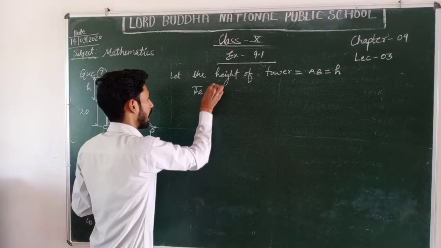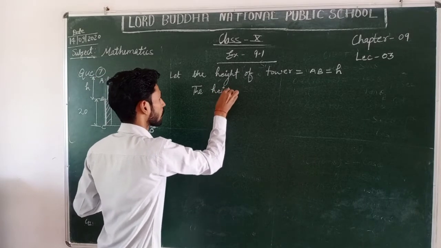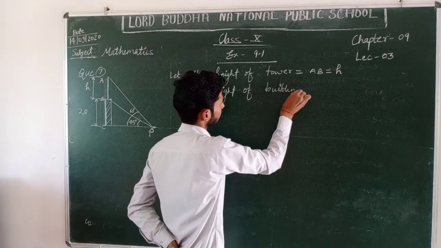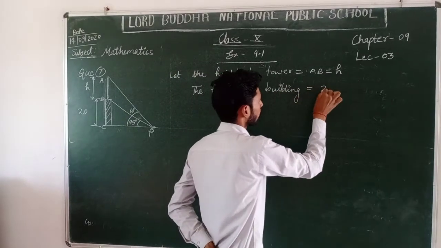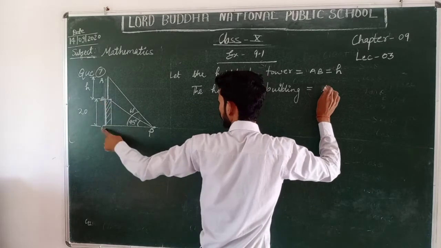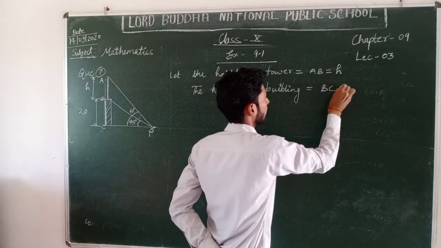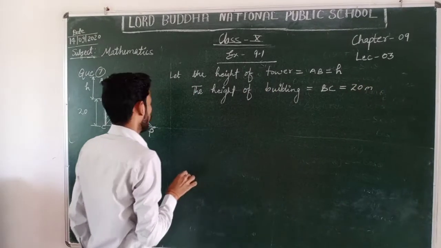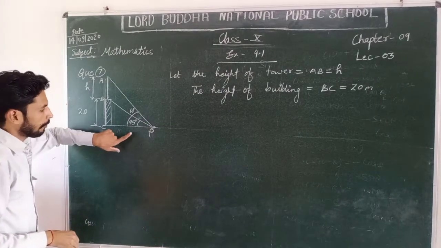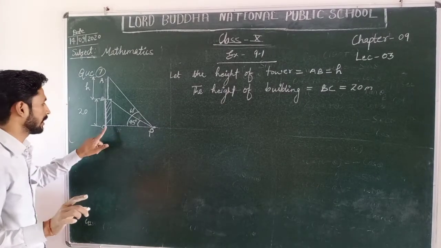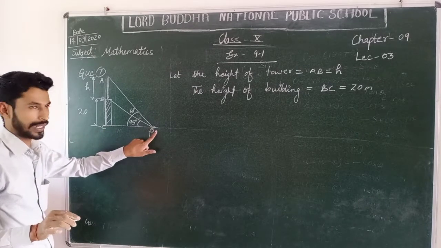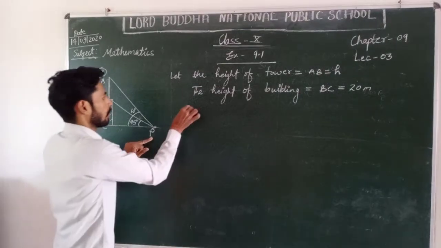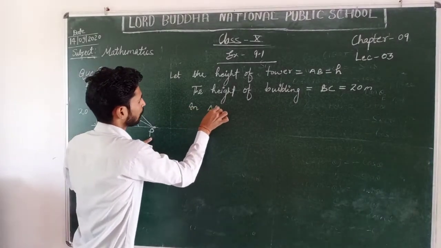The height of the building, that is BC, right here BC, is given as 20 meters, so write 20 meters. To find the value of the base, that is the distance between the building and the point, we can take this triangle BCP. In triangle BCP,